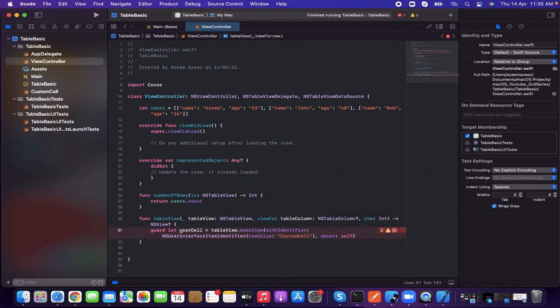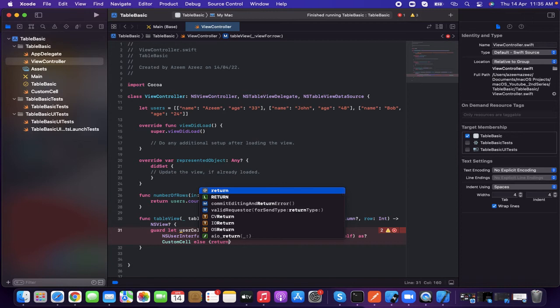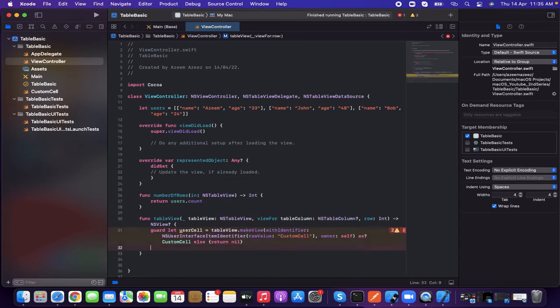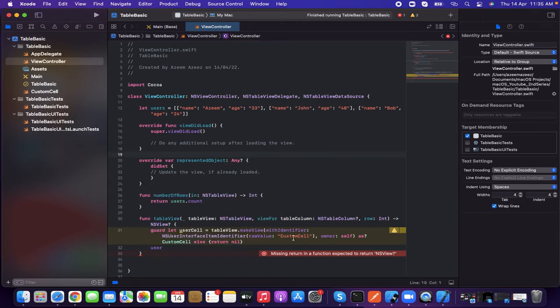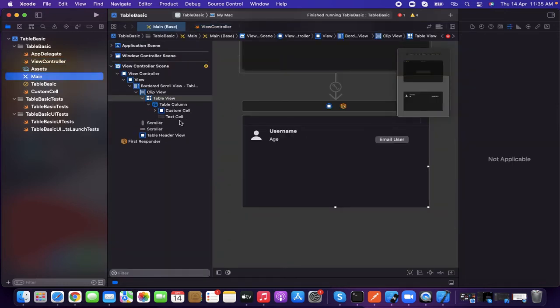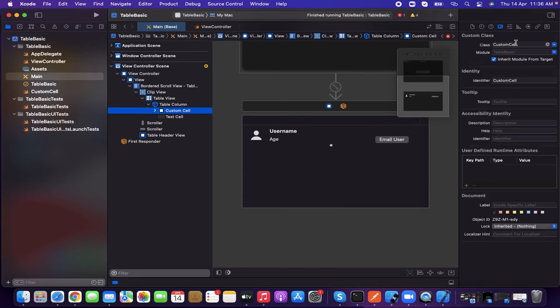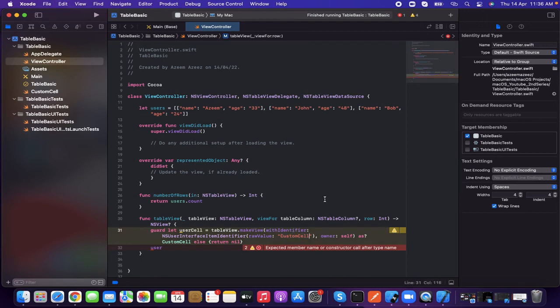and it will be as custom cell, and I need to bring an else as well. That will be return in case this identifier, this cell is not identified. Yeah, then what I'm going to do here is let's name the user cell. Before that, let's confirm this row identifier as a custom cell, which means what you have given the name here for the custom. Here it is the custom cell name over here. Let's copy this in the identifier, make sure, and come back to this view controller, paste it, yeah, right, and